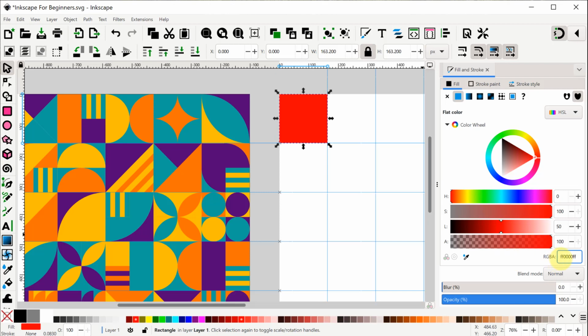Let's say I want pure blue. 0000FF, enter. So if you look up a color and you get its RGB code, you can just type it right into this box here. Now, because I want to make this precisely the same color as our diagram,